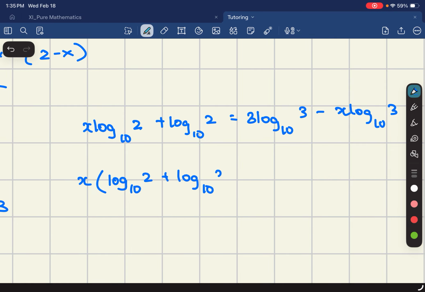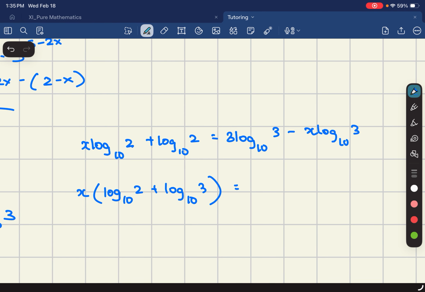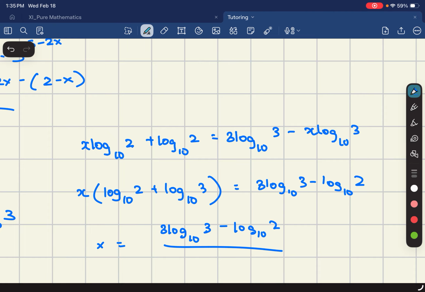Plus log base 10 of 3. Because we've done this so many times now, this is 3 log base 10 of 3 minus log base 10 of 2. And this gives me that x is going to be 3 log base 10 of 3 minus log base 10 of 2 over log base 10 of 2 plus